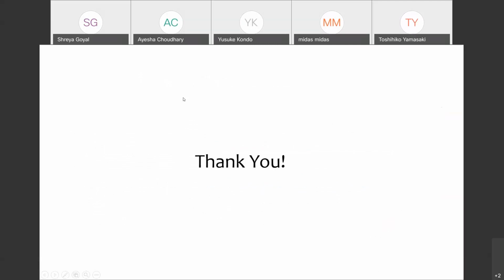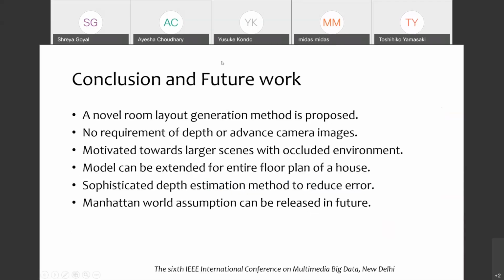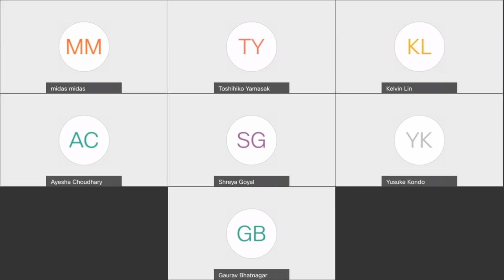Do we have any questions from the participants, the audience? Okay, Shreya, I have one question for you. Although you have a very good depth estimation, do you think it will improve if you use hardware like, you said, Microsoft Kinect? Yeah, definitely it will improve if we use the hardware,